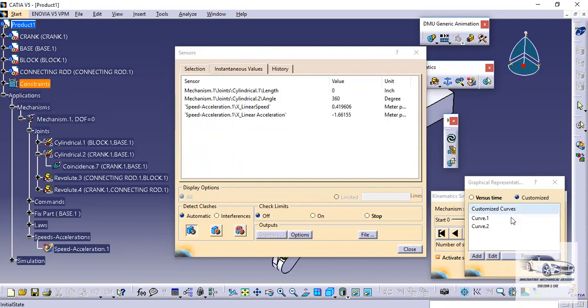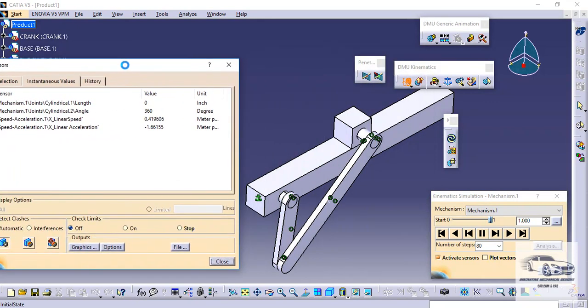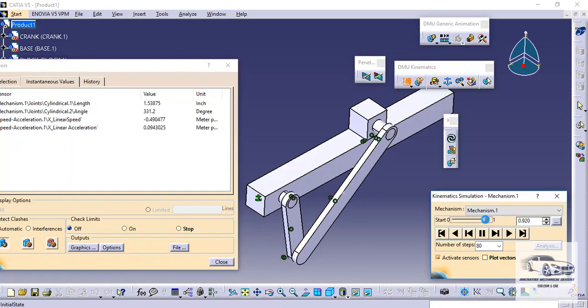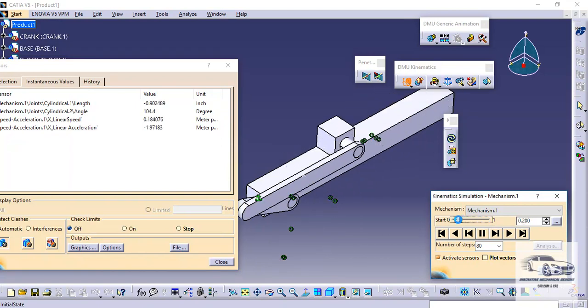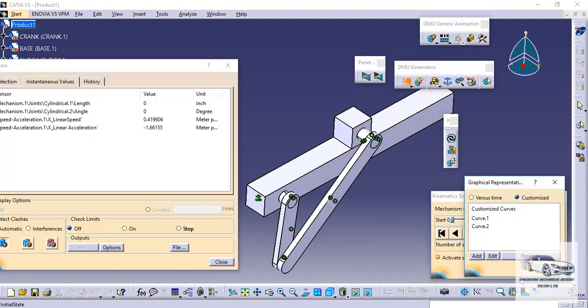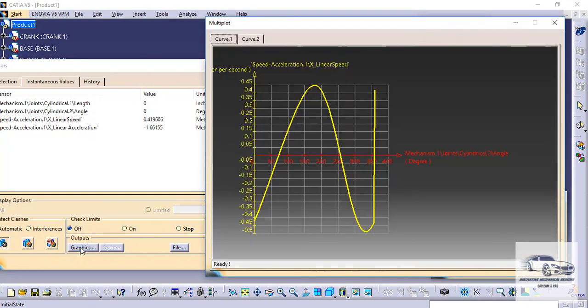and then I will close it and just move the part once again so that I get the required motion. And now we will go to options and graphics. So this is curve number 1.